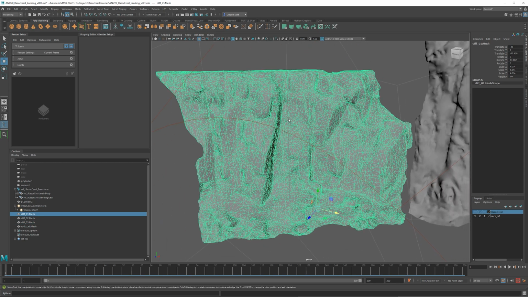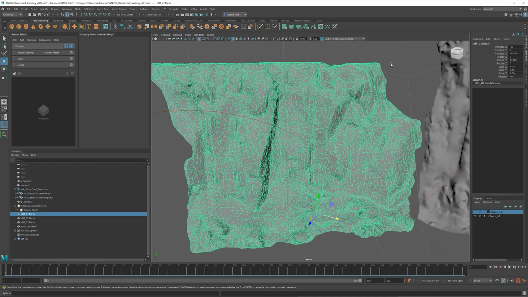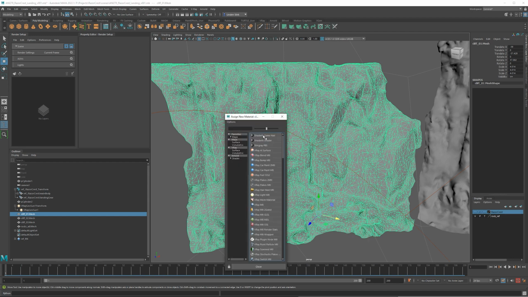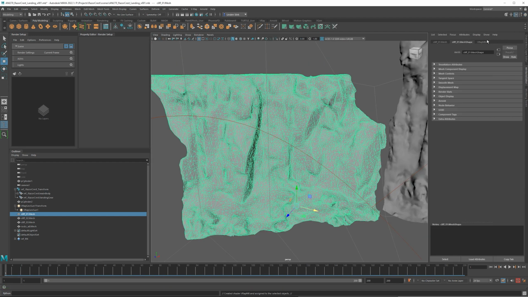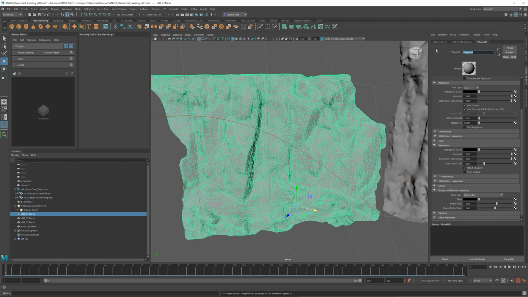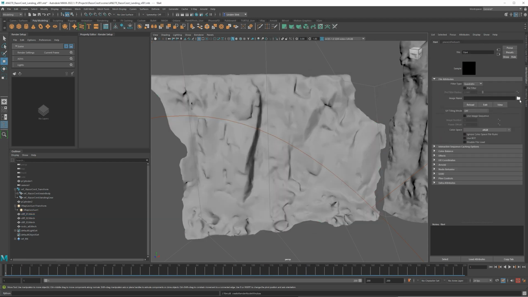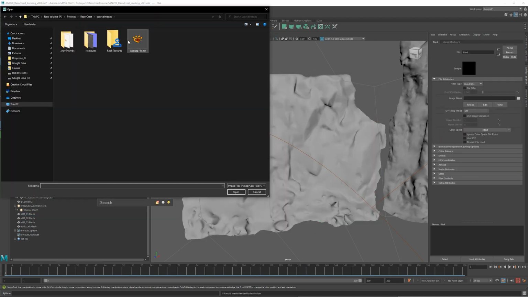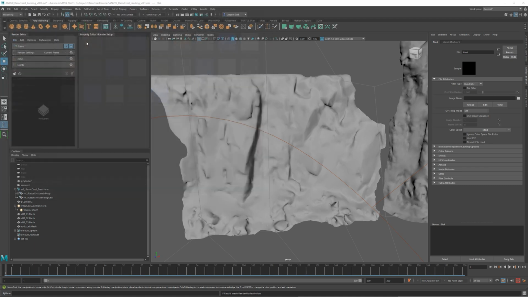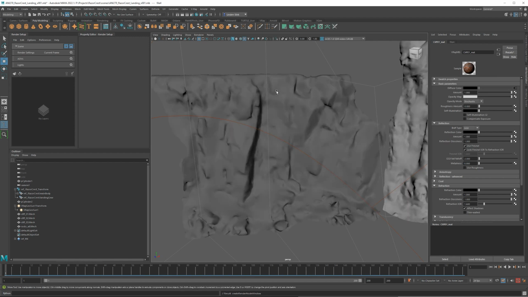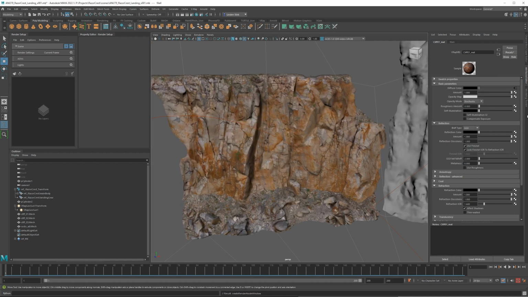I'm not going to show you all of these, but I'll show you just the first one and then you can do the rest yourself. So we're going to select the Cliff 1 mesh, right click, assign new material, V-Ray MTL. Let's call this Cliff 01 matte. On the diffuse color, I'm going to grab a file. I'm going to load in the Cliff 1 albedo. And if we turn on our textures here, you can see this update. So we got some nice textures there.